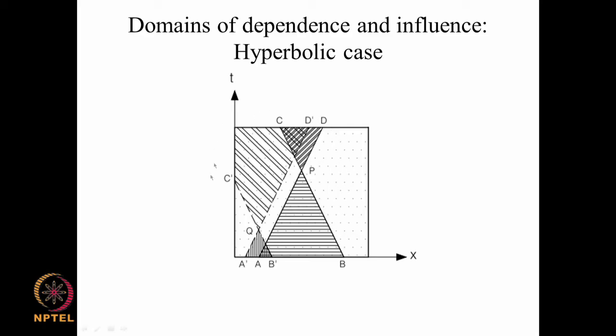So it is this idea that in a hyperbolic case only part of the initial conditions, not all values over the entire domain, will be influencing any point inside, only a certain portion of the initial condition will be influencing, is something that would be a characteristic nature of a hyperbolic problem. If you look at